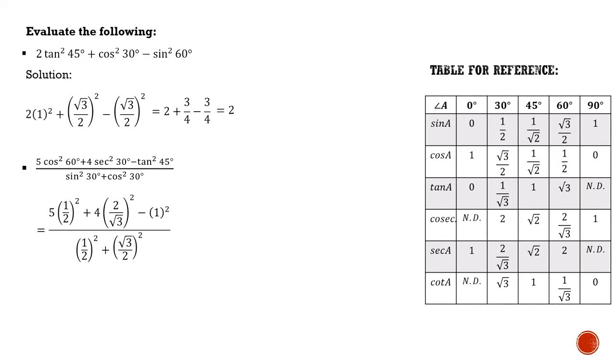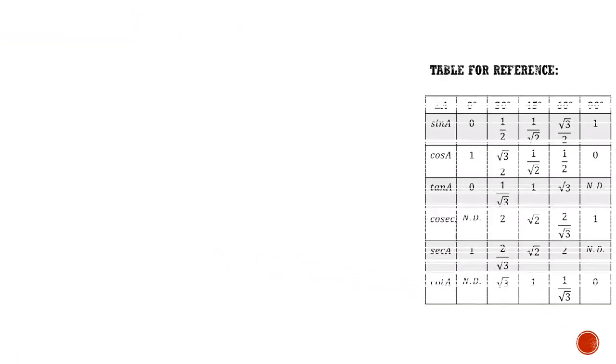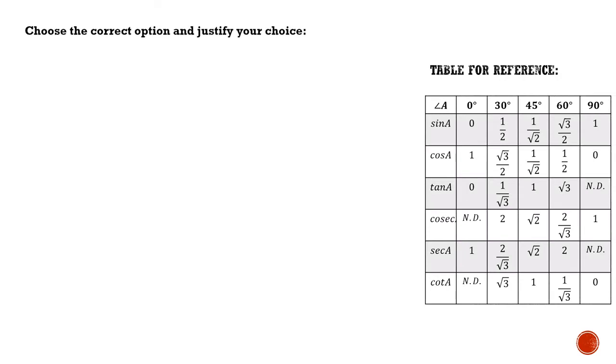So that's how you will be getting the values from the table, and once you try to simplify it, it will be taking these forms as you proceed ahead in the calculation, and the final answer will be 67 divided by 12. It is very simple. You just have to know the value of the trigonometric identities of specific angles, and the rest things are like a cakewalk for you. Okay, let's proceed ahead and have a look at some more questions of this kind.